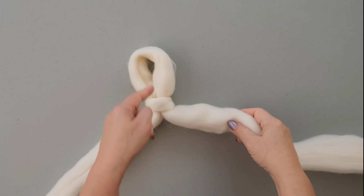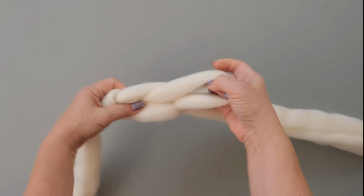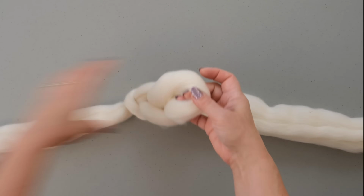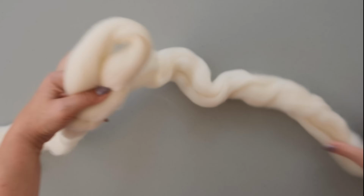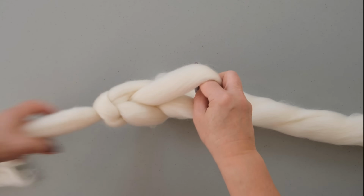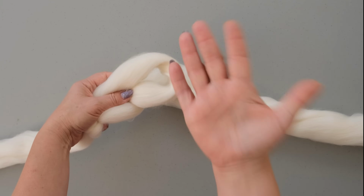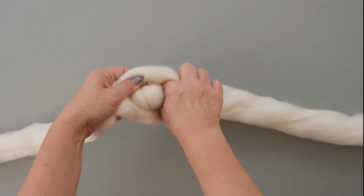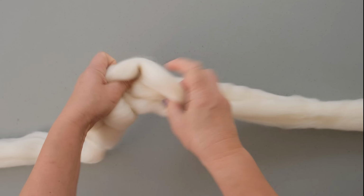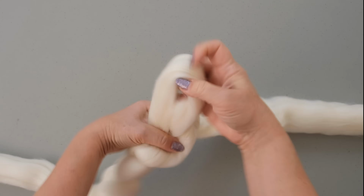So insert your hand inside this first stitch, grab working yarn and pull it through. This is your second stitch, should be the same size. Now we will be using right hand to make a chain. It's the easiest way to make a chain or cast on for hand knitting. Using your right hand, insert your hand, grab working yarn, pull it through. And this is a very easy and fast way,